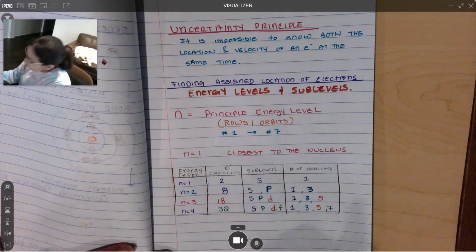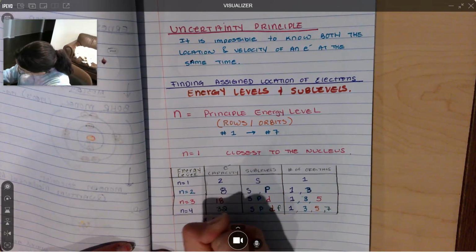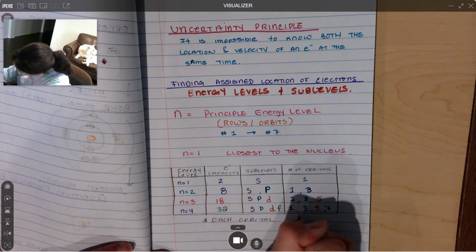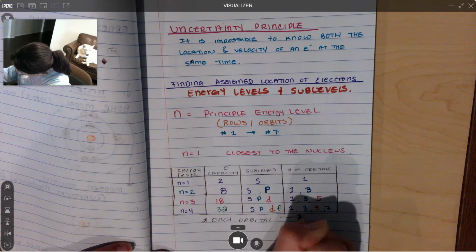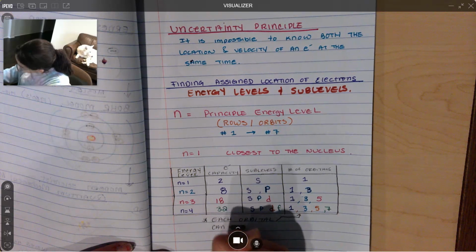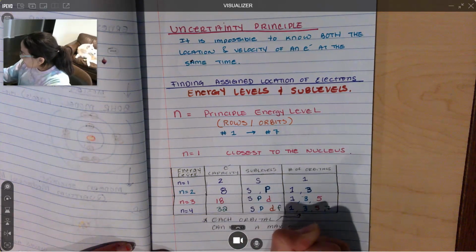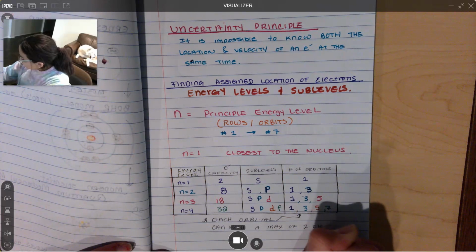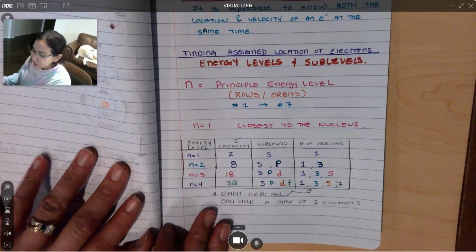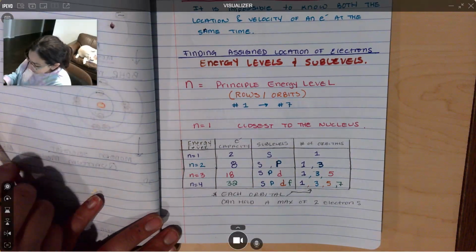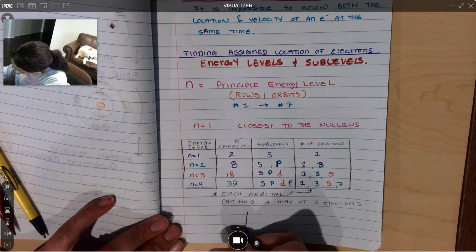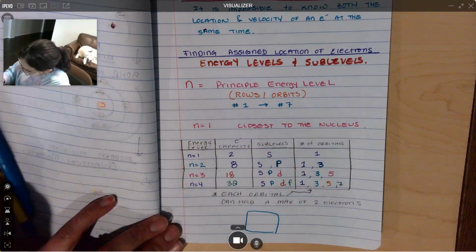Each orbital, so these are these right here. So each orbital can hold a maximum of 2 electrons. Each orbital can hold a maximum of 2 electrons. And each electron has a different spin. So for example, if this is my orbital, I'm going to have an electron